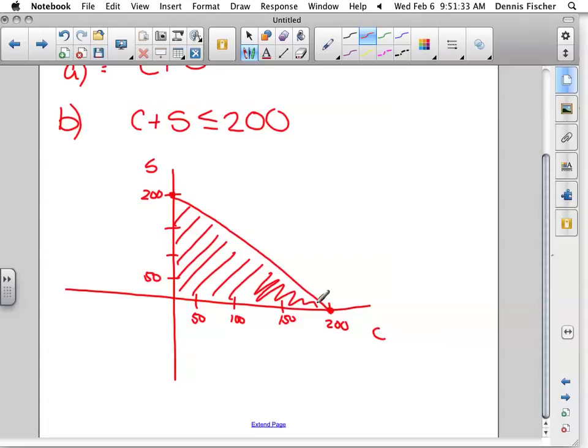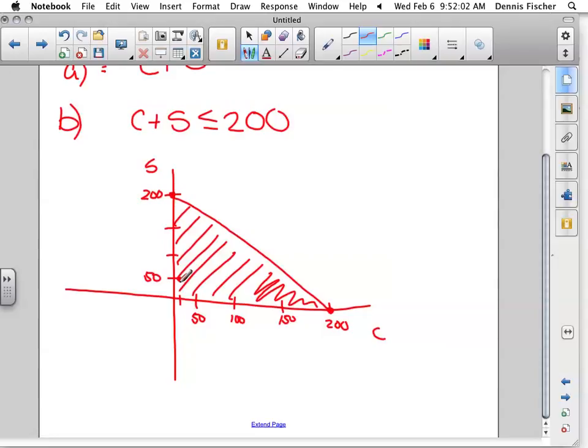Now the problem says part C, still, it says graph the equation, and then I believe it says, is 20, 50 a solution to the equation? Well, if I go over 20 and up to 50, is that a solution to my equation? Yeah, it's a solution. I can sell 20 cones and 50 Sundays, and it shouldn't be a problem because I have 200 scoops,